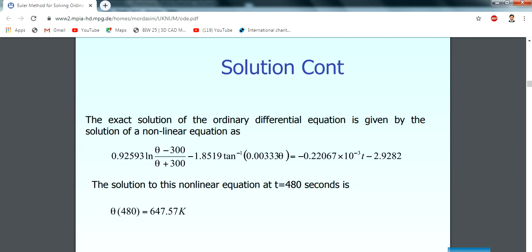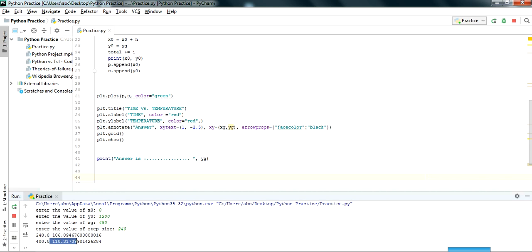So why this error? It is due to the step size. If we decrease the step size, our result will converge. So we will execute the program again and use a smaller step size.